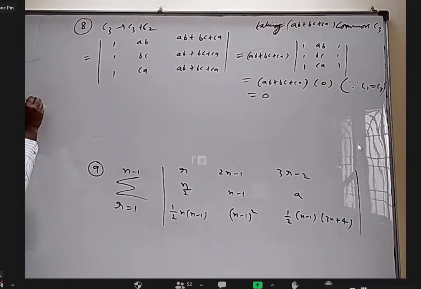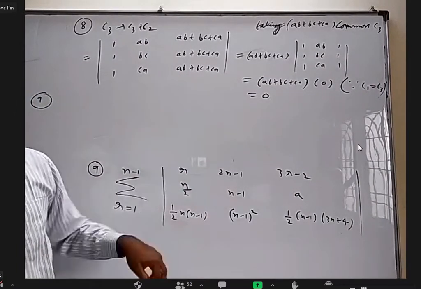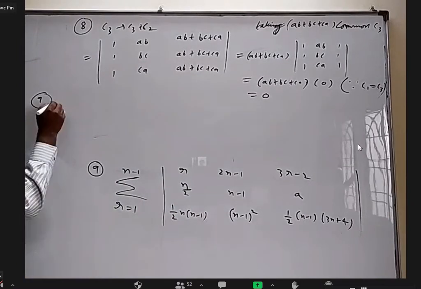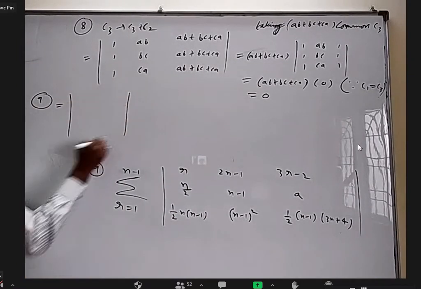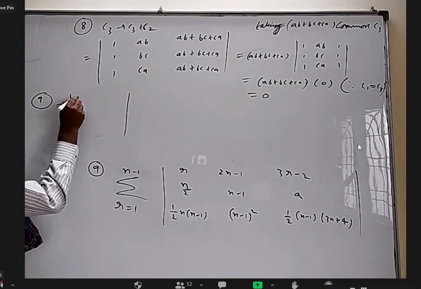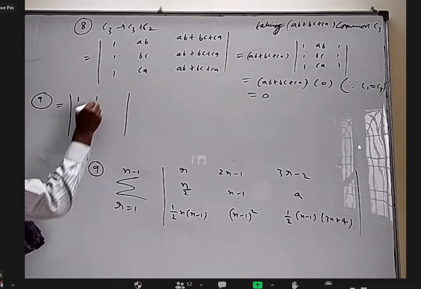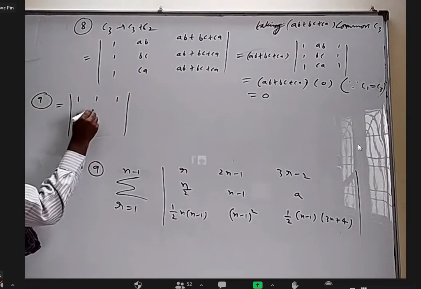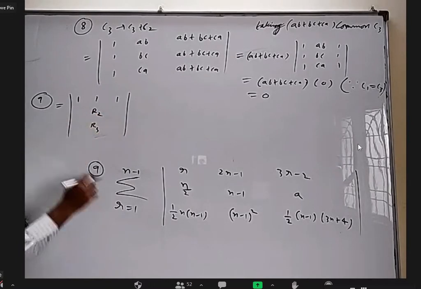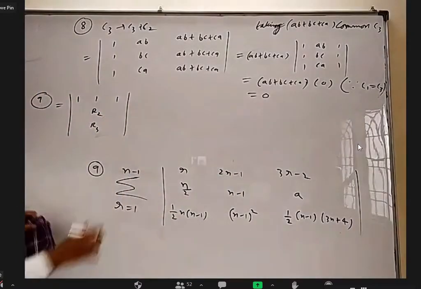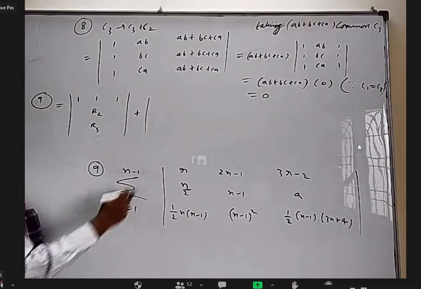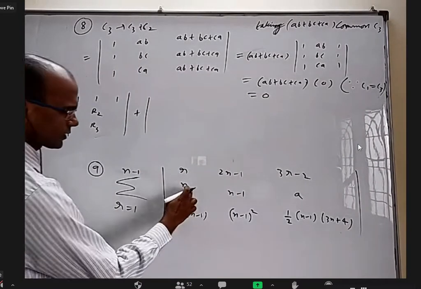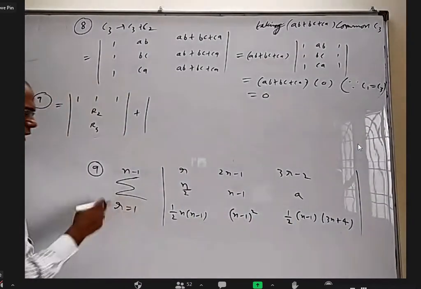Okay, 9th one, let me explain what is the question first of all. When you put R equal to 1, let us see what will happen to the sigma. When you put R equal to 1, this is 1, this is also 1, this is also 1. Second row, I will not write it, third row, I will not write it. Full second row, full third row as it is. When you put R equal to 2, only first row will change because this is n, this is n, this is n, they don't change, only R is changing.